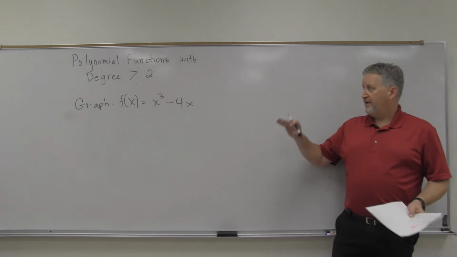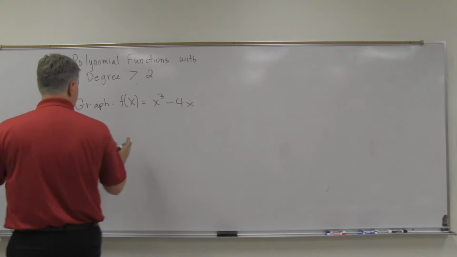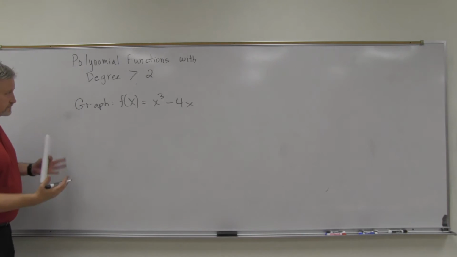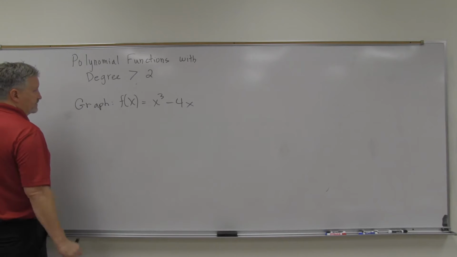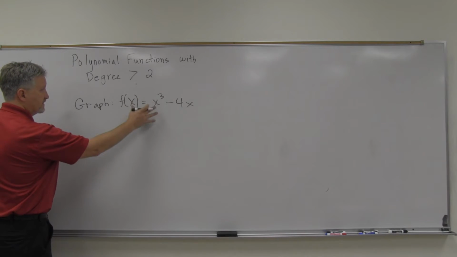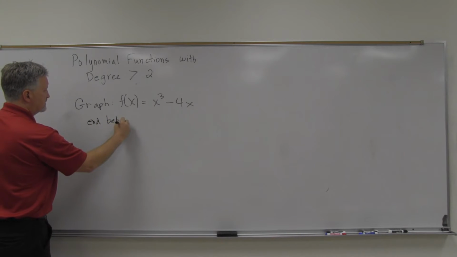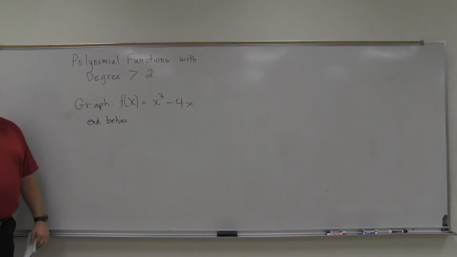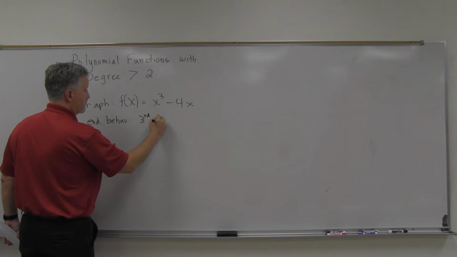We know a little bit about this graph now that we've talked about the end behavior. So let's start with that. When I want to graph a function such as the one I've got here, f of x equals x cubed, we know it's an x cubed graph, and one thing we know from our previous discussion is the end behavior. Since it's third degree and a is positive 1, a is greater than 0,